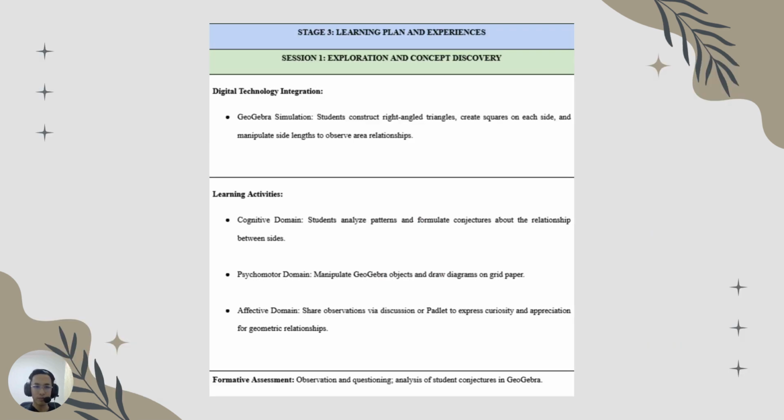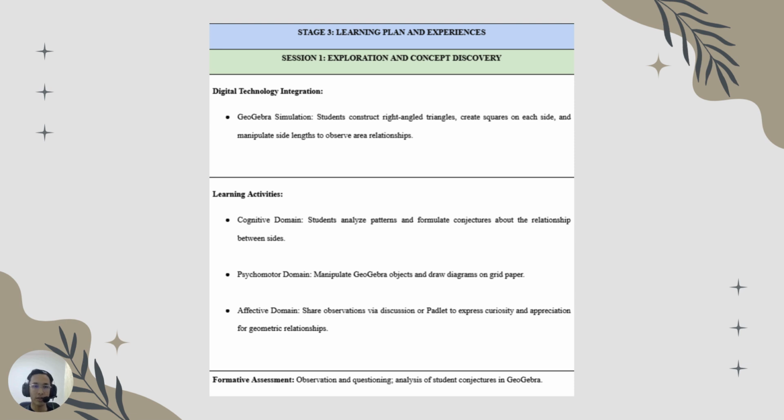And so, after we have done our stage one and stage two, which is our desired results and our assessment evidence, we can now finally move to stage three of the UBD model lesson plan, which is learning plan and experiences. So for session one, exploration and concept discovery,